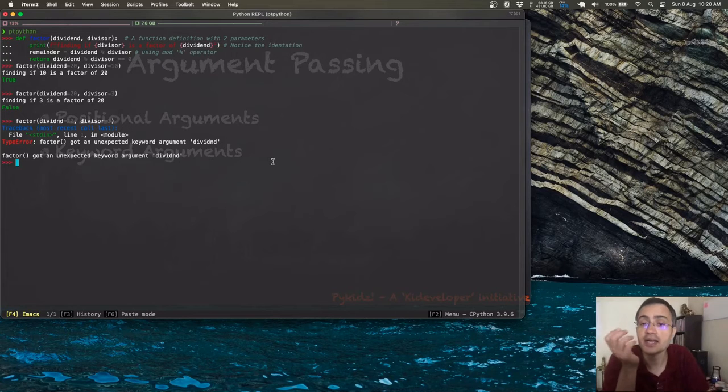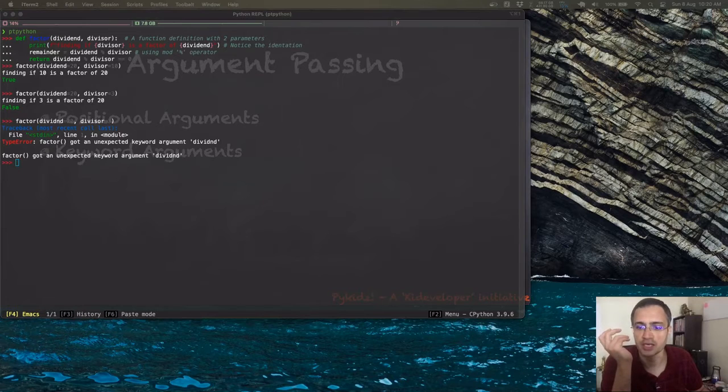Now, though I had done this purposefully, you would make this mistake in the normal course of your action, right? It's not like you won't have this issue. You will. And this is a very common thing. You might make a mistake. The good thing is Python's complaint is very clear, so you can easily correct it, but it's still a hurdle. It breaks down your flow, right?